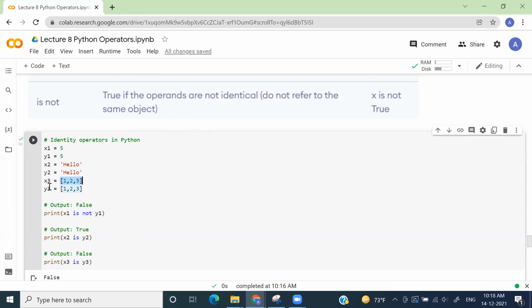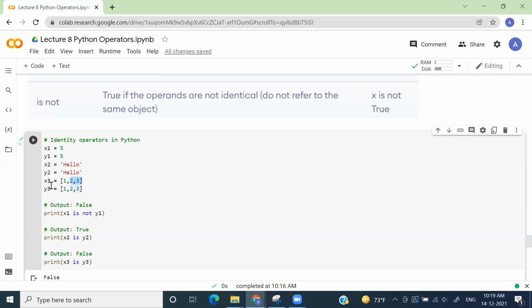And x3 is holding the memory reference of that piece which is holding this list 1 2 3. Now the same thing we did for y3 also. Again, a piece of memory in your CPU is allocated, you store 1 2 3 in that memory, and y3 is carrying the reference, the address of it.